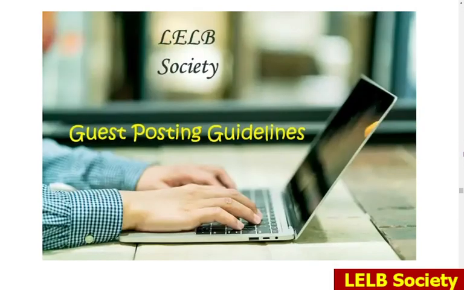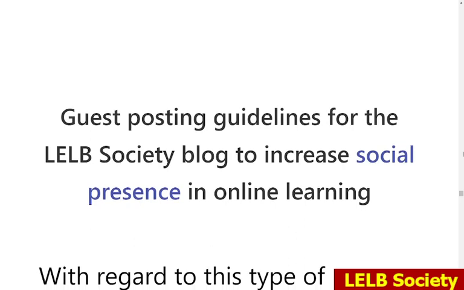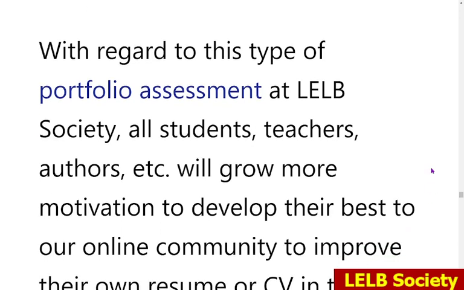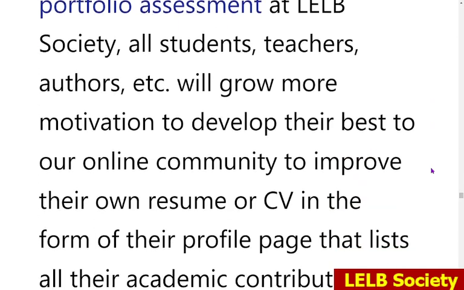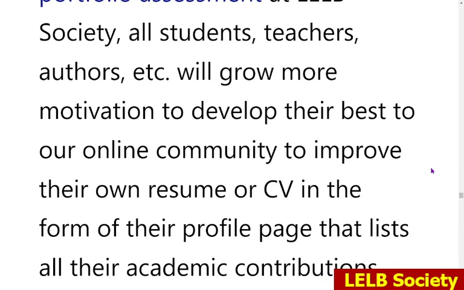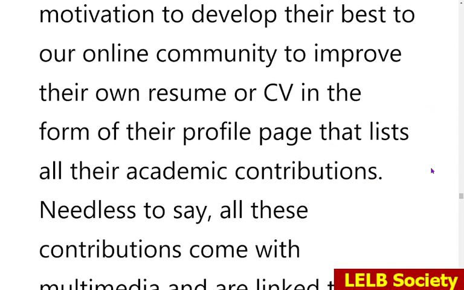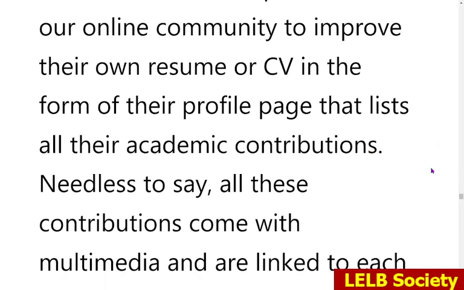So here are our guest posting guidelines for the LELB Society blog to increase social presence in online learning. With regard to this type of portfolio assessment at LELB Society, all students, teachers, authors, etc. will grow more motivation to develop their best for our online community to improve their own resume or CV in the form of their profile page that lists all their academic contributions.